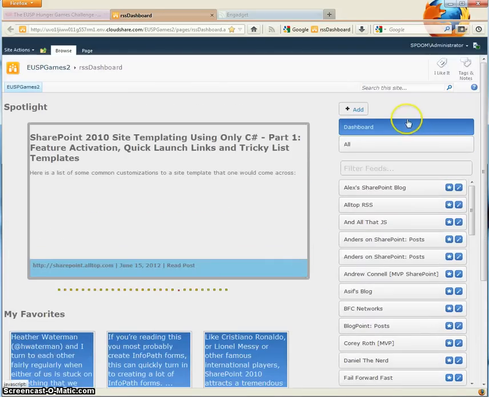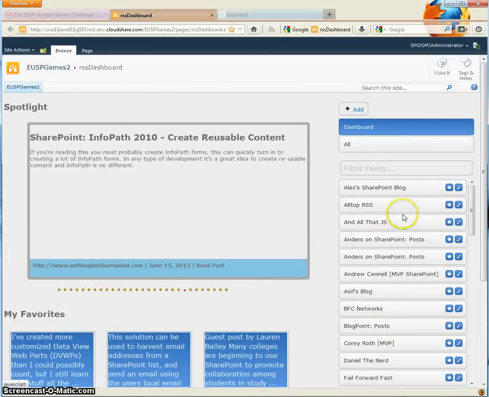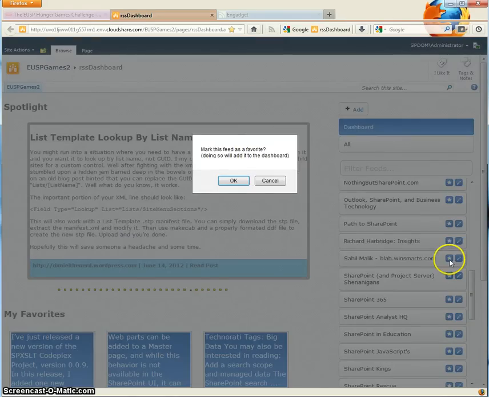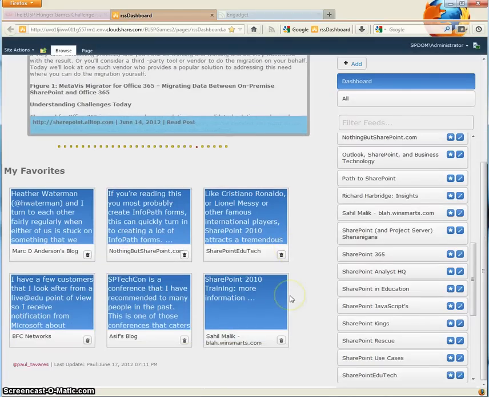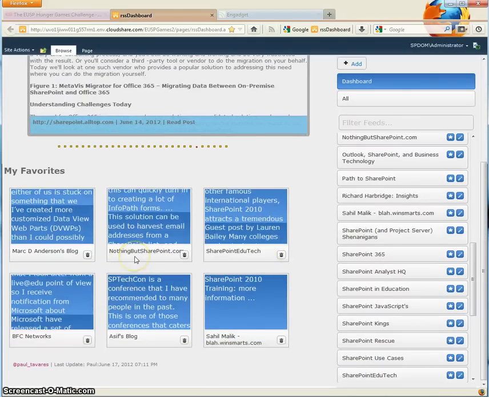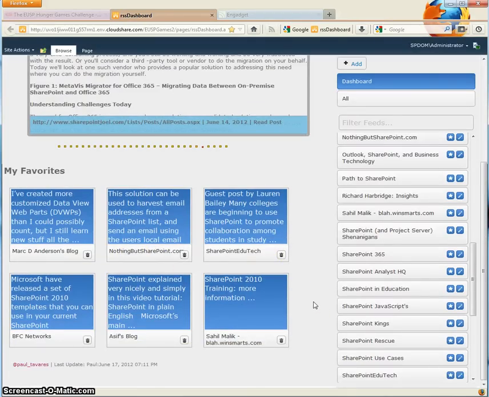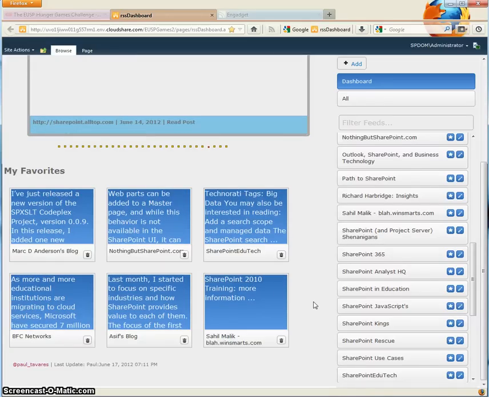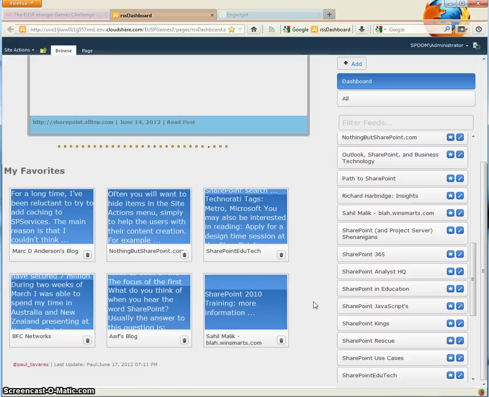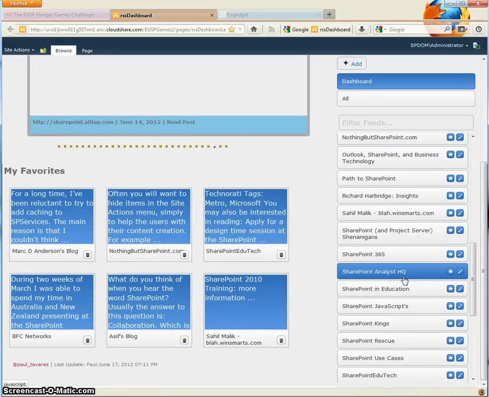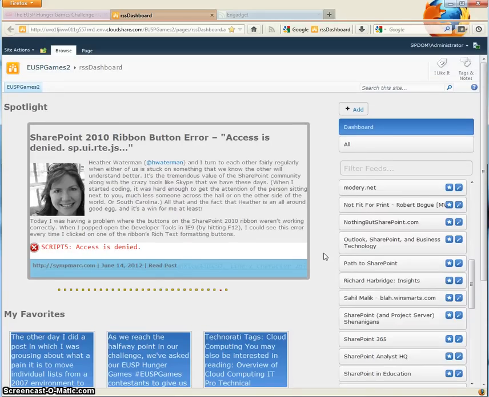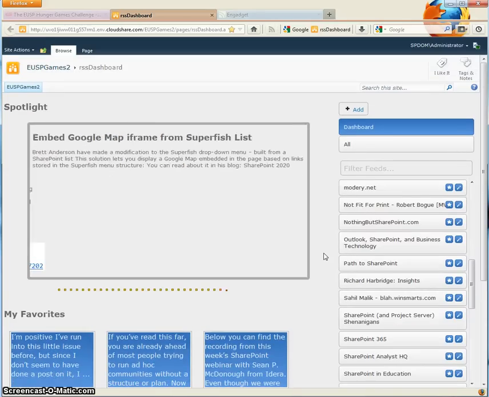You again have the area of RSS feeds on the right that you can scroll through. Clicking the star button will ask you if you want to add it as a favorite. I'll say OK, and that favorite will now show up in your list of favorites. That action is persistent. It stays with each user's ID, stored in a SharePoint list. So as the user comes back here, they will again see their favorites show up. Same goes for the list of RSS feeds. Each user is able to add and delete their own,